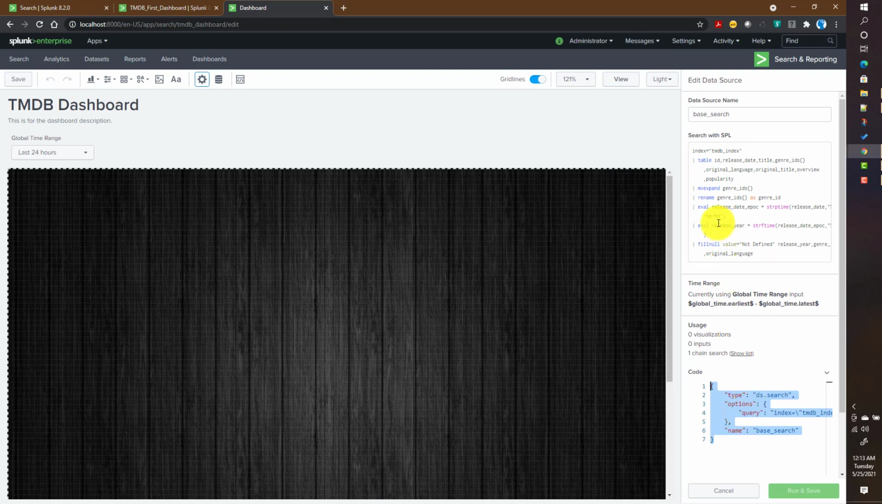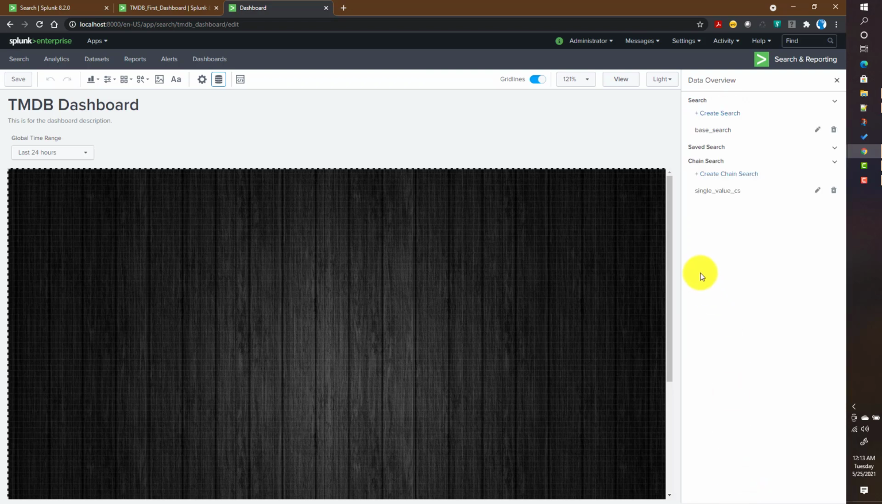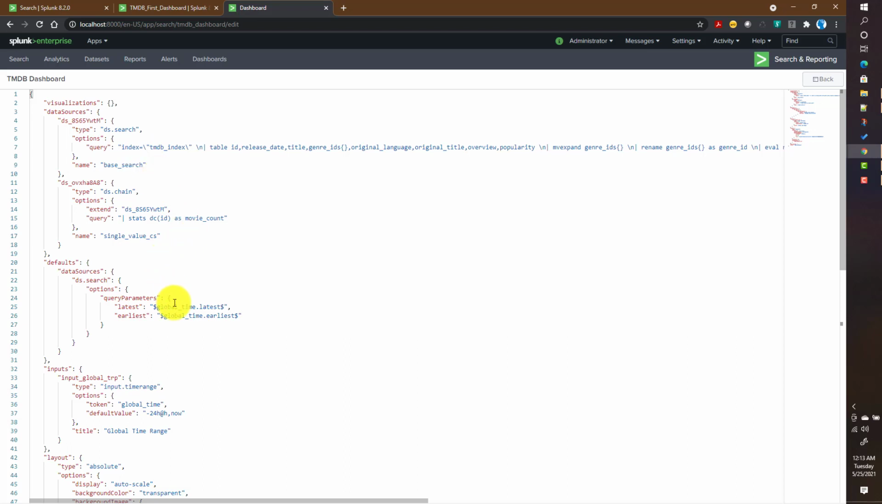Okay, and once we created the chain search from this particular base search, this one is updated as well, and from here you can see which chain searches are referring to this particular base search. So we got an idea about how to create a chain search and how to create a base search. And one thing you need to keep in mind while creating them,